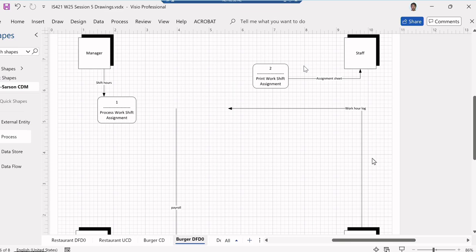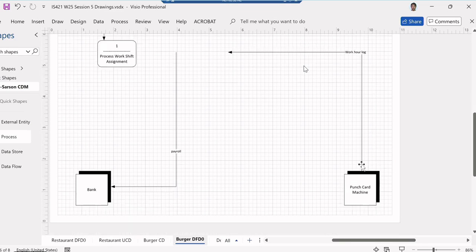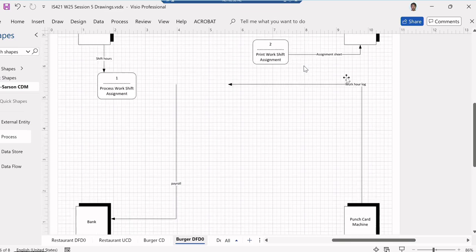Okay. And then the punch card machine records the work hours log. So the most direct process is log work shift hours, something like that. So the punch card machine sends data to process number 3. And then the fourth one is